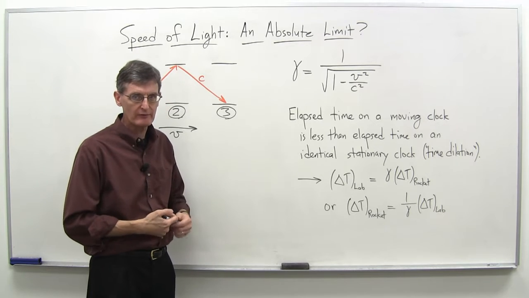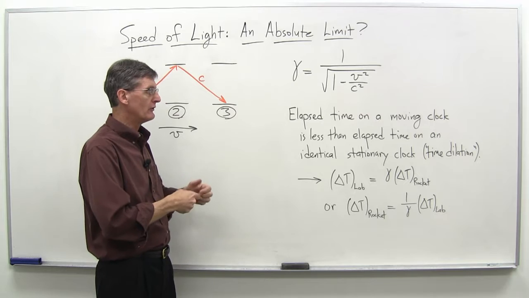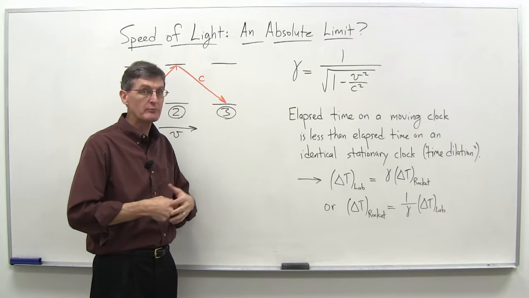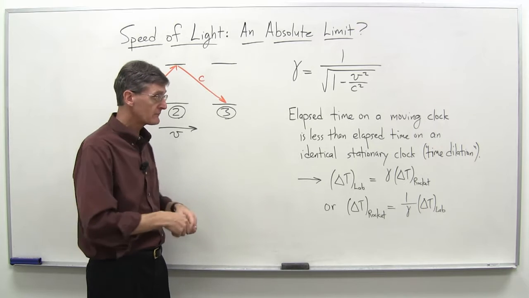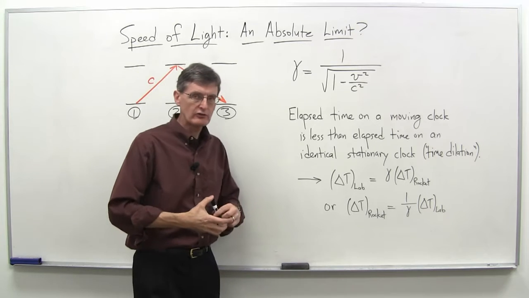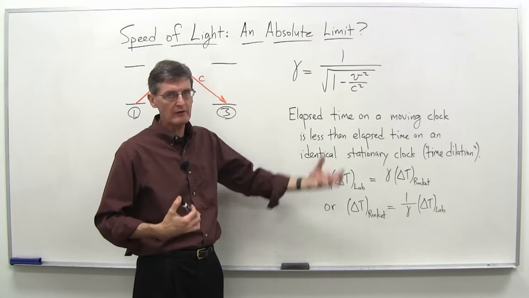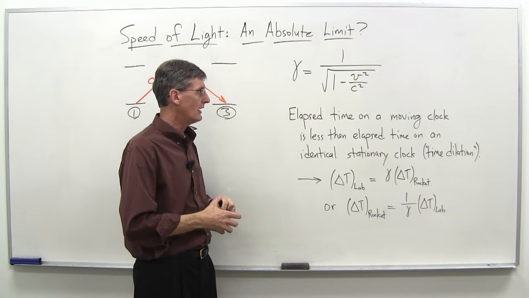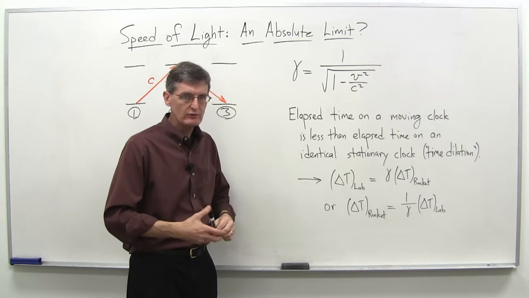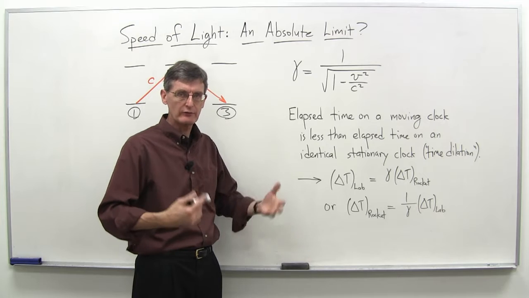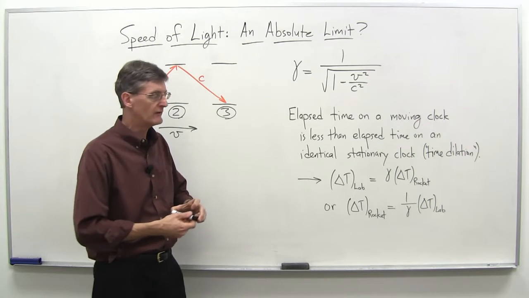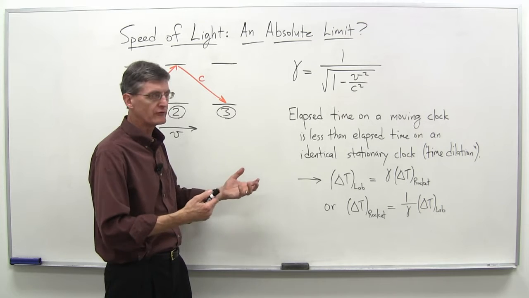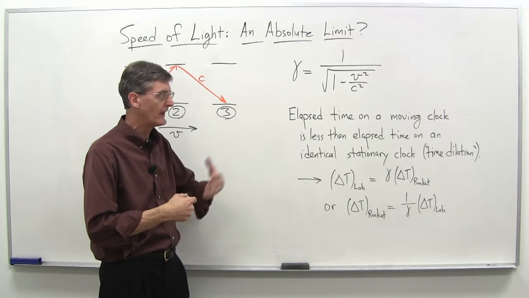And since the theory has been well verified, we say, okay, this must be an absolute speed limit, that nothing can actually get up to the speed of light. You can do further calculations with this that go a little beyond our course, in terms of the amount of energy needed to take a massive object, anything with mass, up to the speed of light, and you find essentially infinite energy is required. So there are other arguments too for why you can't get there.